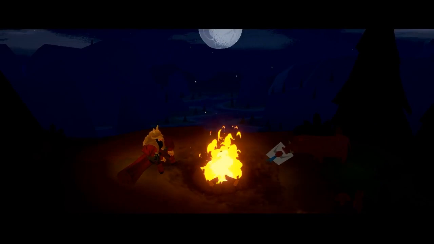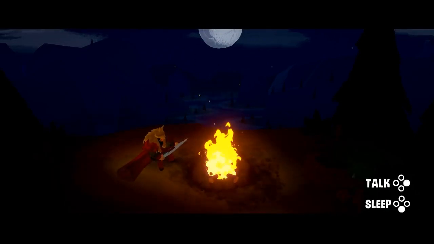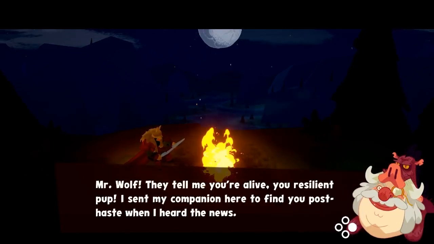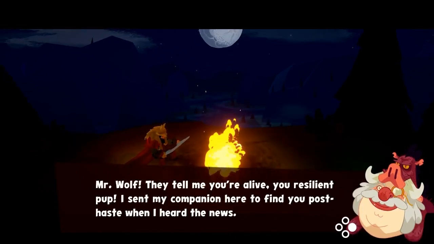And we're back at the campsite, it's nighttime, and a hog just came up, wild boar, and threw us an envelope. I'm gonna talk, and it shows like a crazy man with a pig on his head. This was the guy from the beginning. I'm reading the letter, and the crazy man, pig man says,